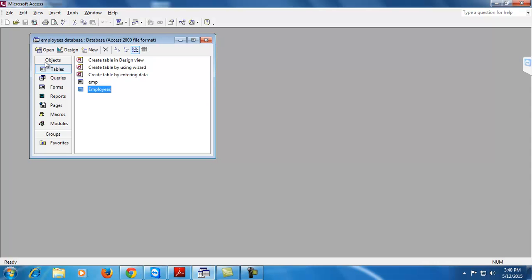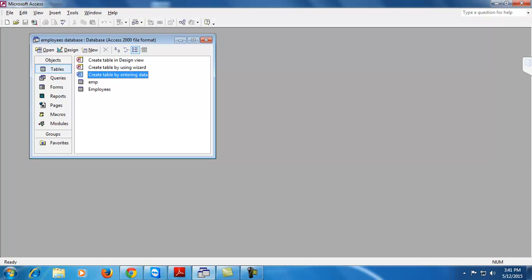In the first one, you can give the field name, the type and the different constraints such as primary key, not null, unique constraint, default constraint in the design view directly. In the wizard option, or the second option, you can create the table by following the step-by-step procedure, and the table created by the use of wizard can be modified later by opening the table in the design view.